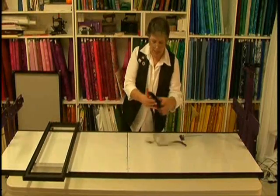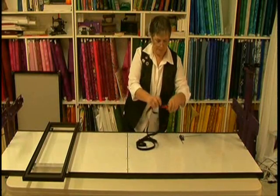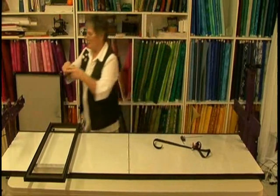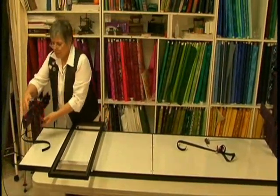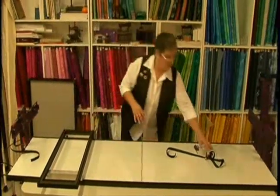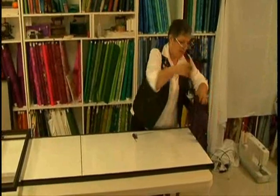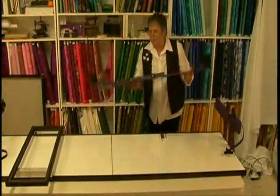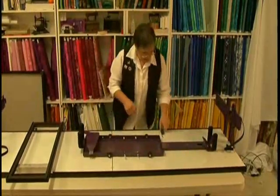I'll take one of my clamps down here because we'll need that in preparation of putting our sewing machine on. You'll see why when we get there. I'll place the other one here. We take our carriage. Now we can place our